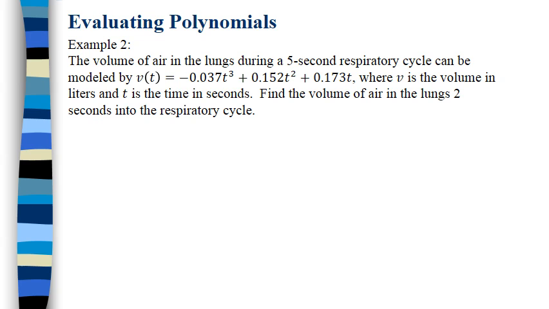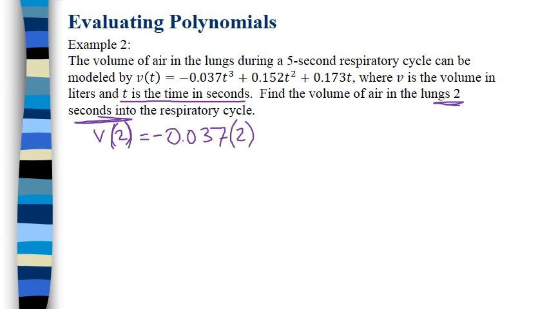Okay, so we want to find the volume of air in the lungs 2 seconds into the respiratory cycle. And it already told us that t is seconds. So that means we are just going to simply substitute in 2 for t. So we're finding the volume at 2 seconds. And so that is negative 0.037 times 2 cubed plus 0.152 times 2 squared plus 0.173 times 2. Okay, so you want to make sure that you're showing this work because this tells me that